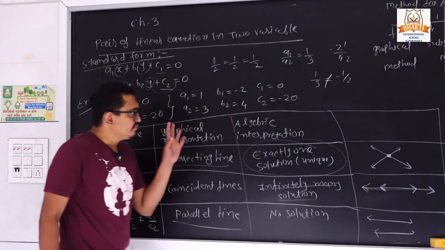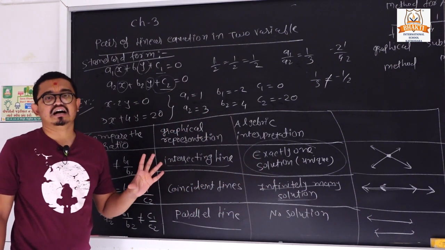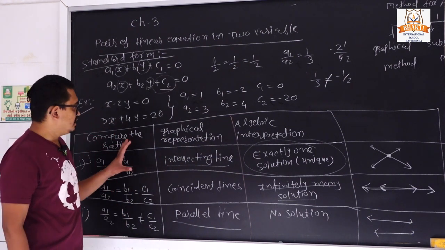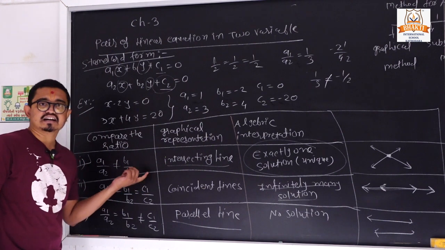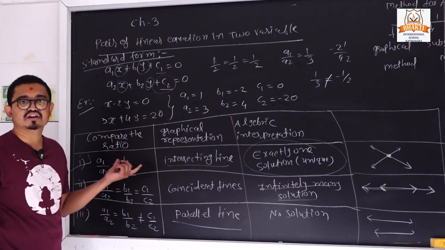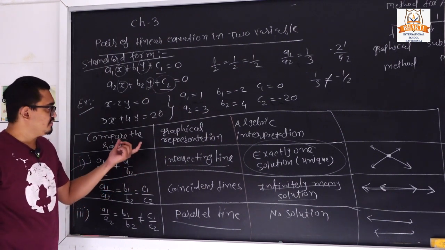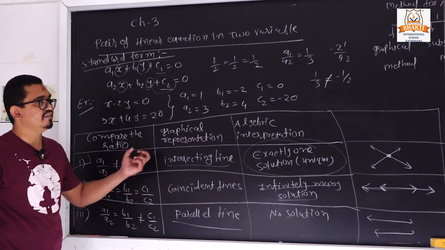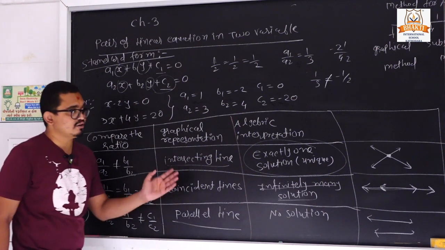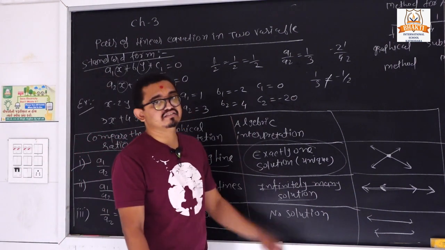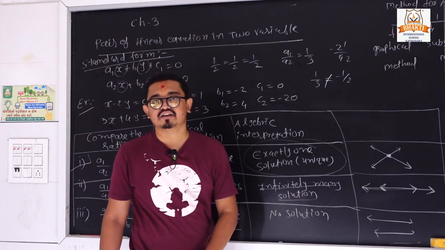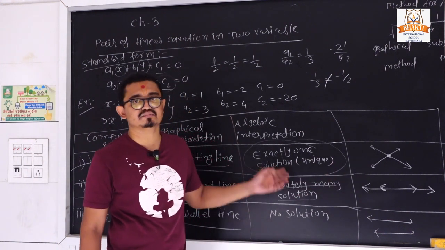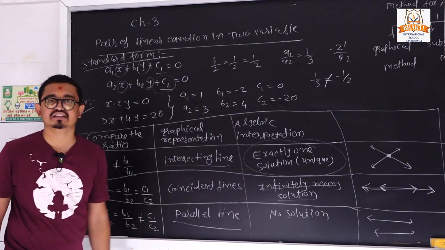Clear? So from this chart, they ask different 1 or 2 mark questions. Clear? So you must write down that chart in your fair book also. At the time of examination, from this you can get the idea of what the condition is and how we can find the solution for that. Sometimes they also give a condition and ask what its type of graph is: one solution, infinite solutions or coincident. Clear? So from this condition we can easily conclude that.